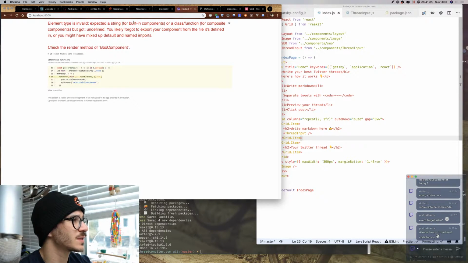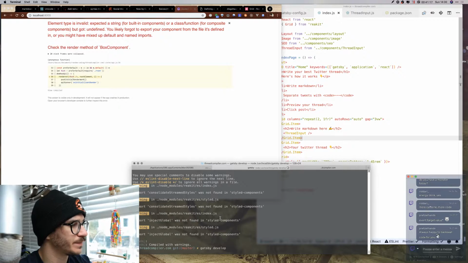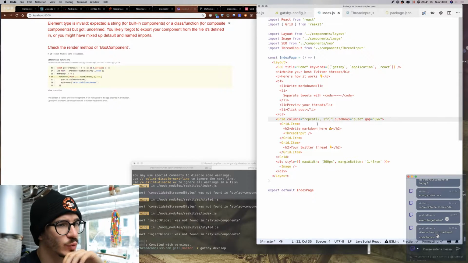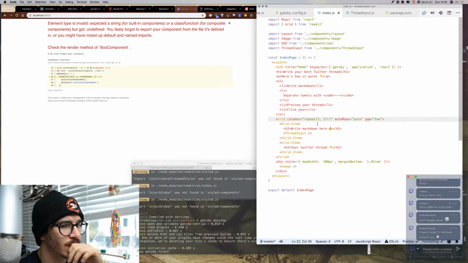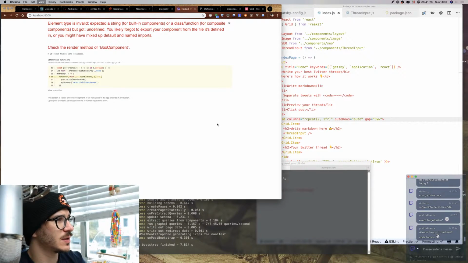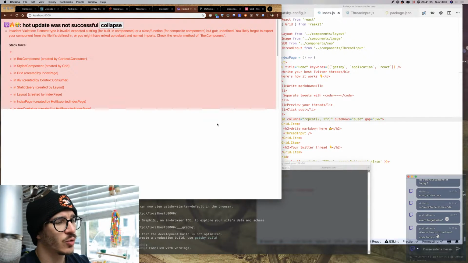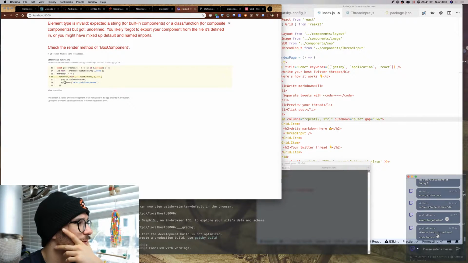Element type is invalid. Expected a string for built-in components or a class or function for... That's annoying. Okay, let's try that again. Why is that not working? I'm trying to avoid being a designer because I'm not good at it. But it looks like React and Gatsby potentially don't like each other, or it was a problem with